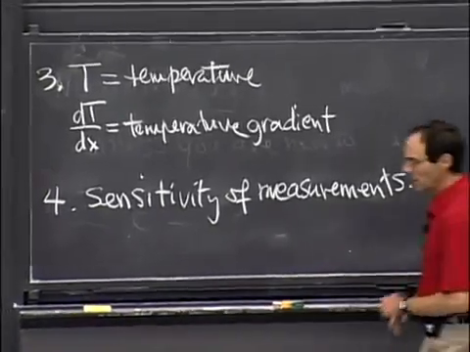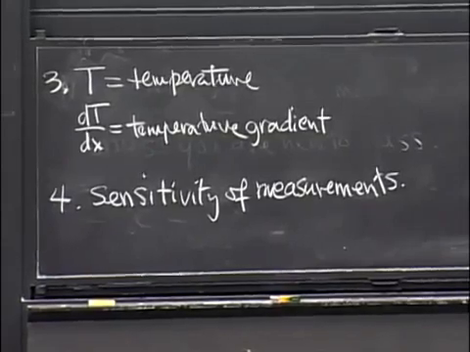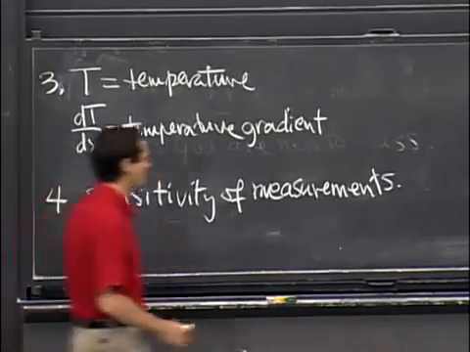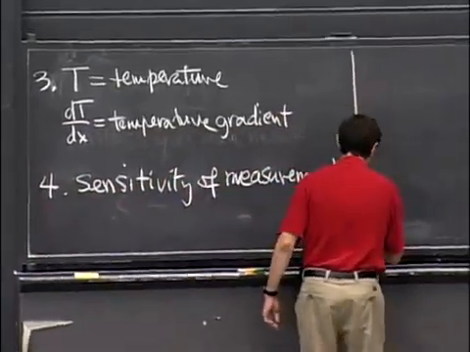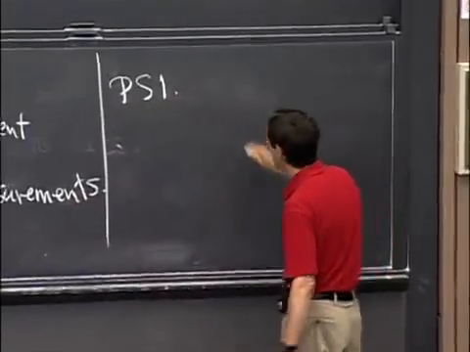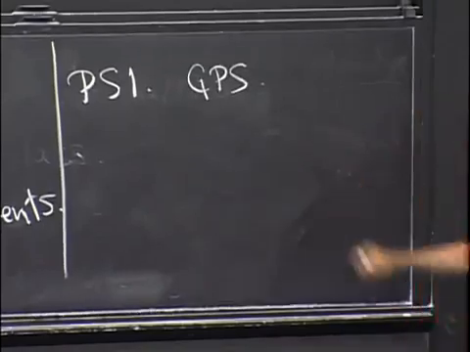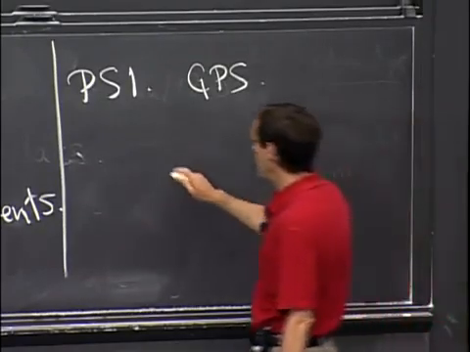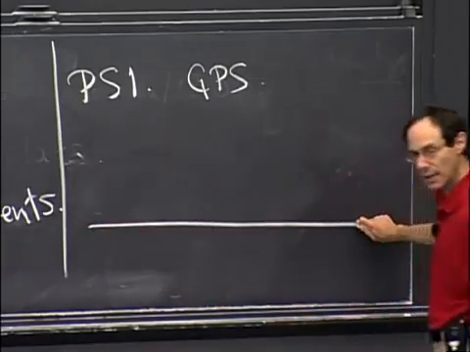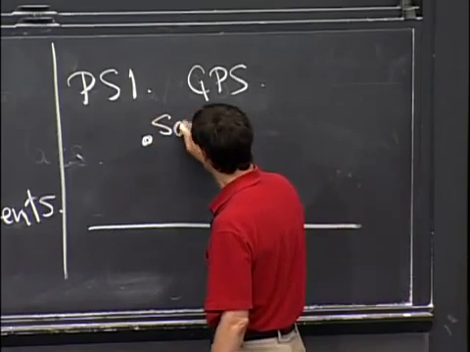So let me explain this. I don't want to belabor it, because I'm just doing this to introduce you to the ideas on your problem set, which are the first case of this. On problem set 1, you have an example based on a simplified model of GPS, the flat Earth model. If the Earth is flat, it's just a horizontal line like this. And then you have a satellite, which is over here,